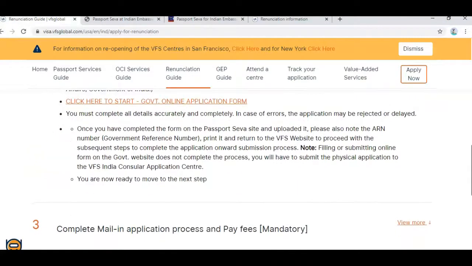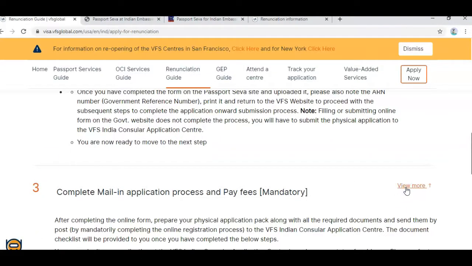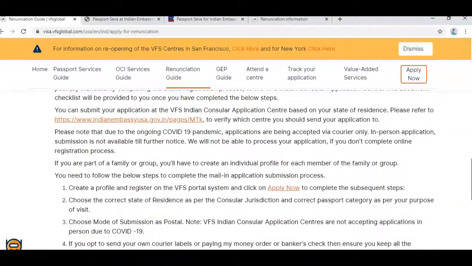So we have completed the second step. The third is to complete the mail-in application process on VFS and pay the fee. For this, we have to create a profile and register on the VFS portal. Click on Apply Now.